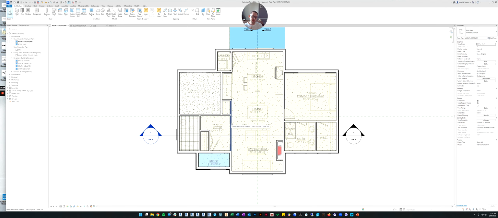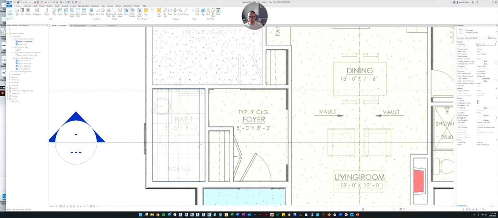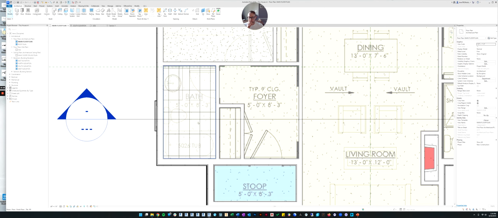Some companies, depending on your architectural firm, do it that way. Some don't like it when you do it that way, and they want you to recreate the wall. But it just becomes hard doing it that way, because you'd need to duplicate this wall and then add tile to this wall. You'd also have to duplicate that wall and add tile to it. So you'd have 2 wall types instead of 1, and then you would have to chop this wall up so it would not have tile on this side, and you'd have to put the tile into this wall on that side. I hope that makes sense. It's easier to typically just make a 1-layer wall and put the tile right up against the existing wall.